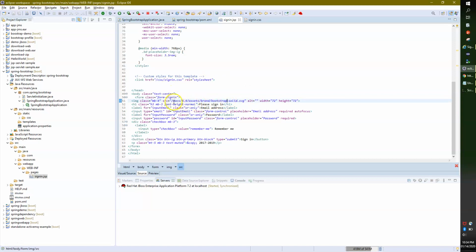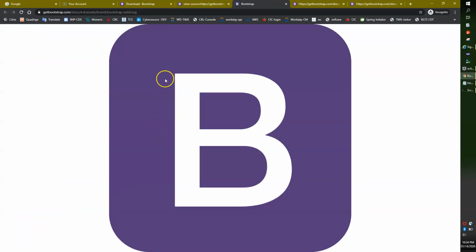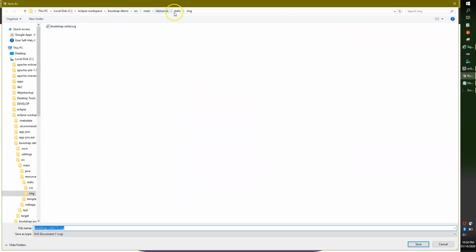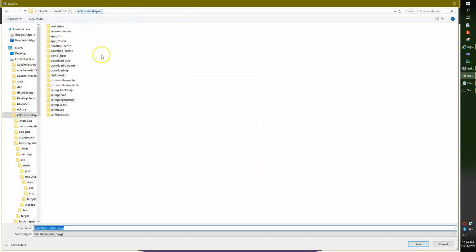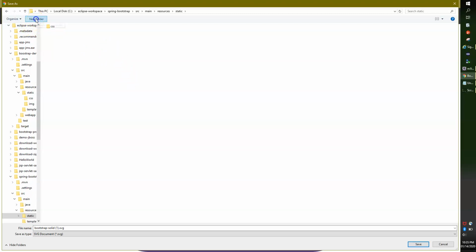Now we have one image also here, bootstrap-solid.svg. Okay, so we have one image here, this one. So we also need, so I'm just going to click on save as, and I'll copy this image. Eclipse. Project name is spring bootstrap. I'll go to src main resources static, but I don't have an images folder here, so I'll create one folder, img, and I'll put this file as it is,